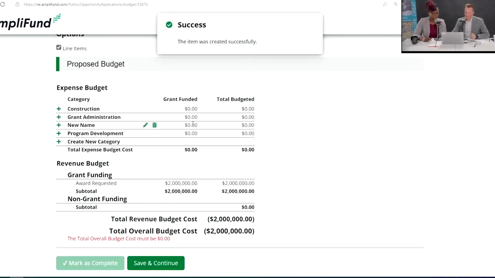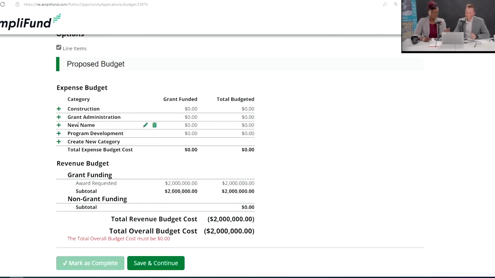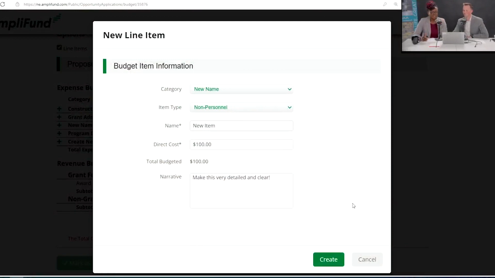Exactly, you click create. One quick thing, Ryan, when you're creating the new category, I just saw that description box. It'll be really super helpful if you can give a good description. We know your project, but we don't really know what the category is for. Maybe you have it in mind, but we don't know. So if you could make that description box very, very detailed, so that we can know this is what this category is for, this is what this line item is for. Yes, absolutely. This will make both of our lives a lot easier